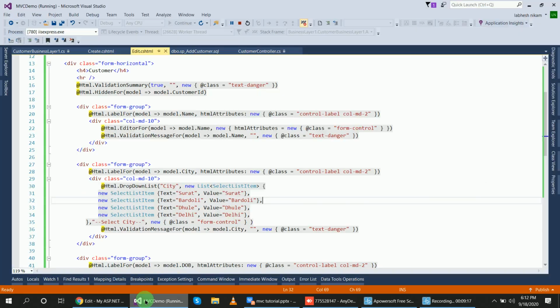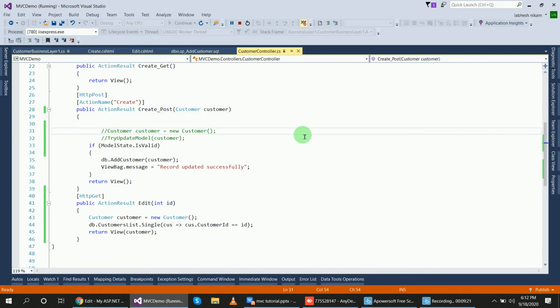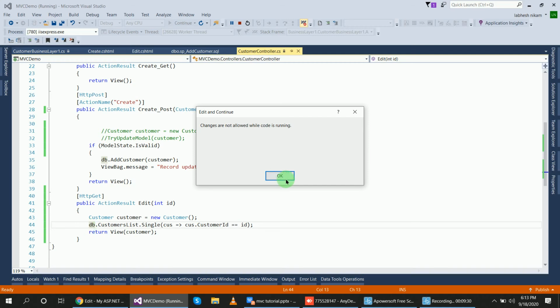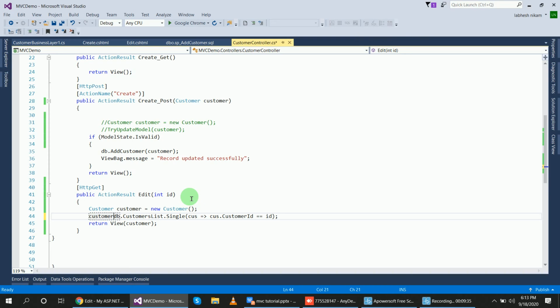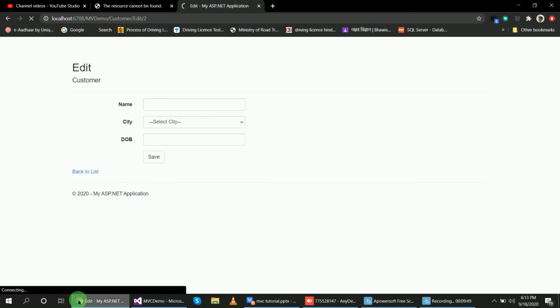Now why don't I receive the value? One thing is here, this customer object equals this single record, and now this object will pass into the return view. Now refresh the page and check.